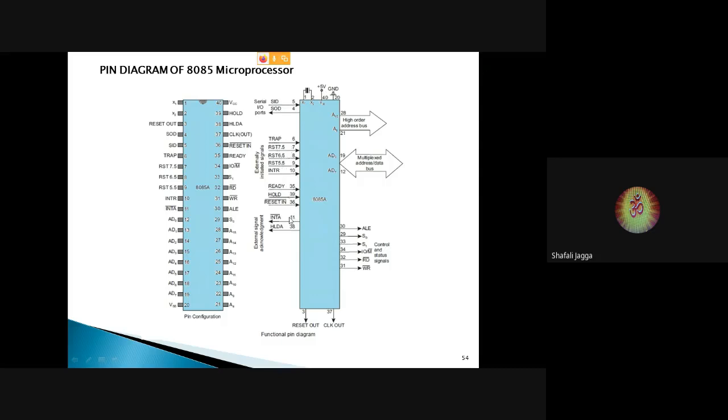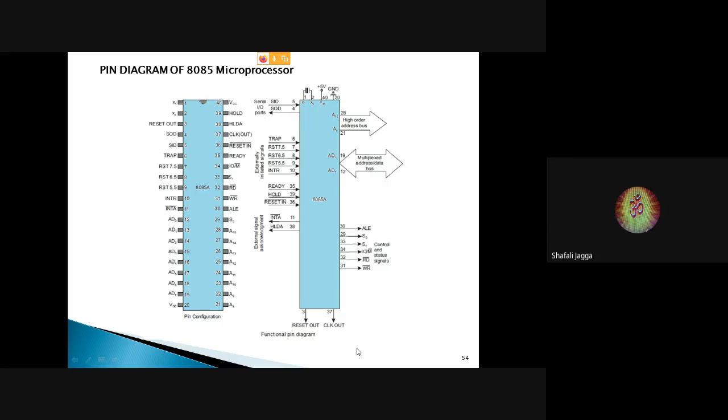Okay. Now 2 acknowledgement signals are there. Whenever an INTR request comes to the microprocessor, in response to that it generates the interrupt acknowledgement signal, shown as INTA bar. Whenever a hold request comes to the microprocessor for releasing control over the buses, then hold acknowledgement will be sent to the external device such as the DMA controller. Then there are two serial input output port pins, SID to input the data bit by bit serially, and SOD to output the data bit by bit serially.